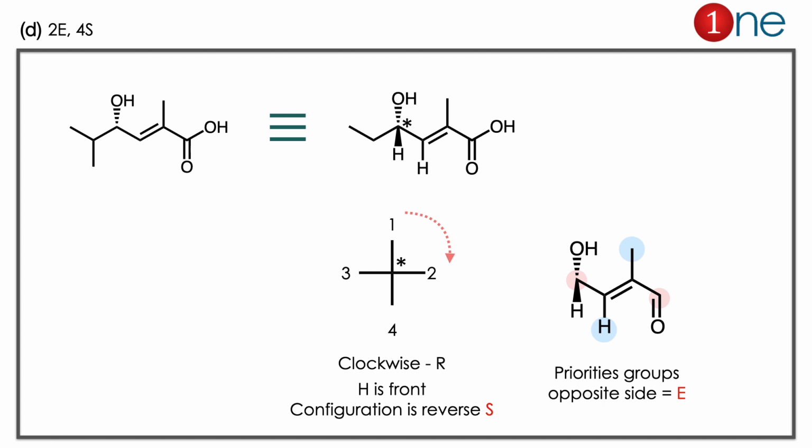If you look at the alkene, the higher priority groups are opposite. Here I have given the colors there. Blue color represents the weaker one or lowest priority. The lowest priority groups are hydrogen and methyl. The highest priority groups are the carbons attached with oxygen. So the configuration is definitely trans, or properly you can say E there. So the answer will be 2E and 4S. The concept you have to learn here is that if the lowest priority group or hydrogen is on the front side, the real configuration will be reversed.